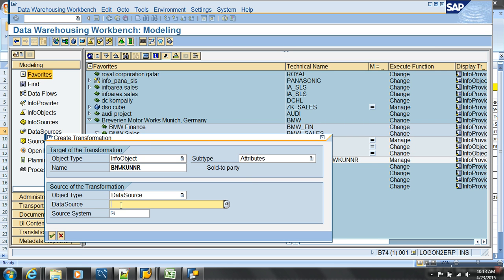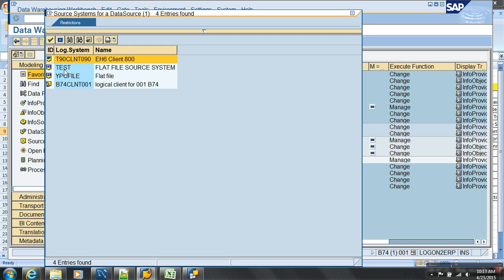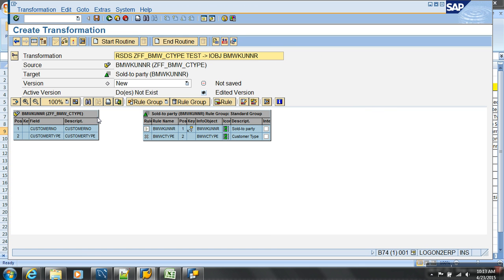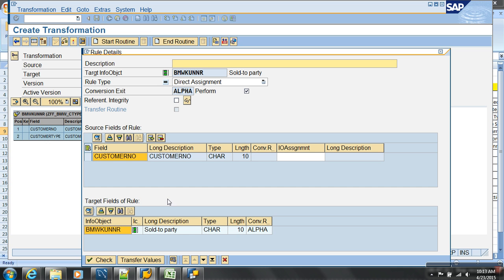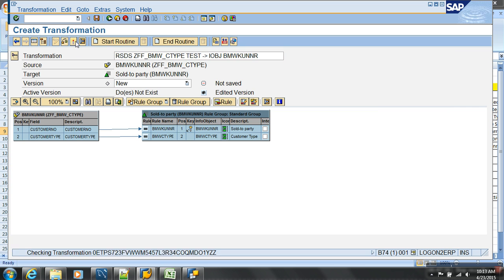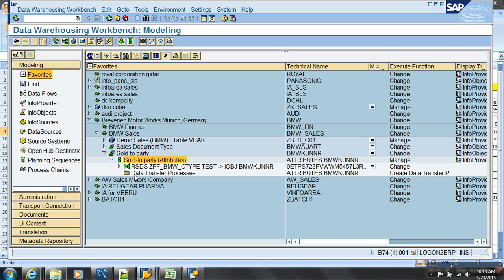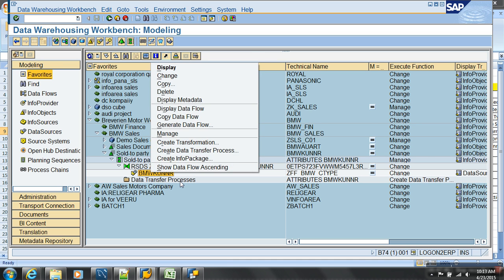Data source is this data source, but what source system is it? Test here. Map customer to customer and customer type to this alpha. Okay. Activate. Then what? Create info package.